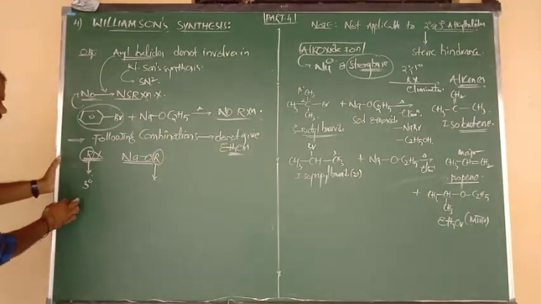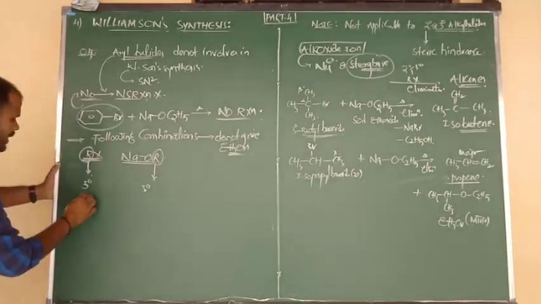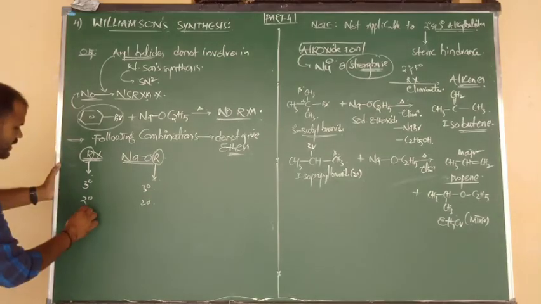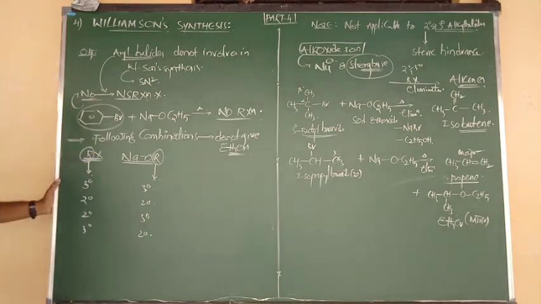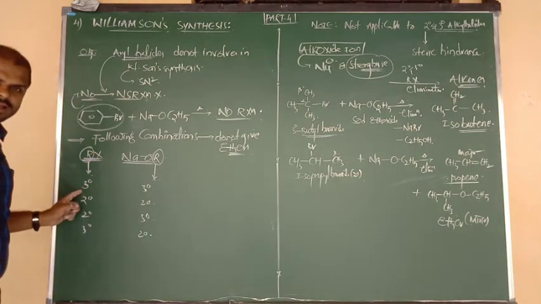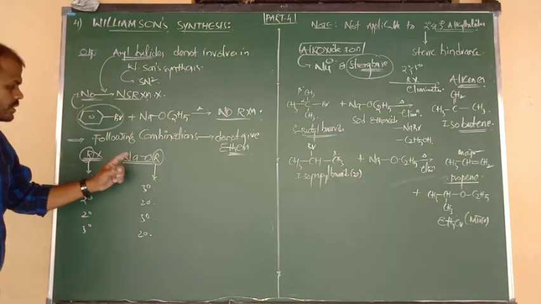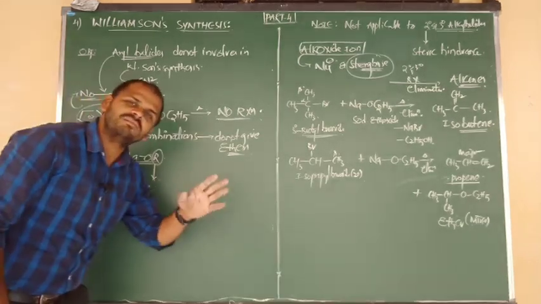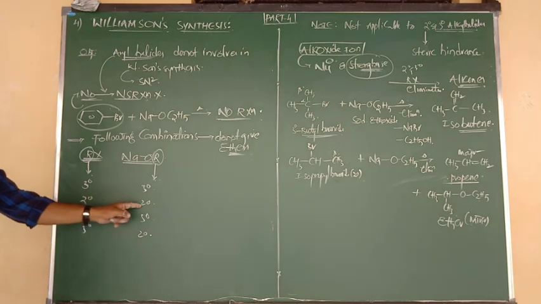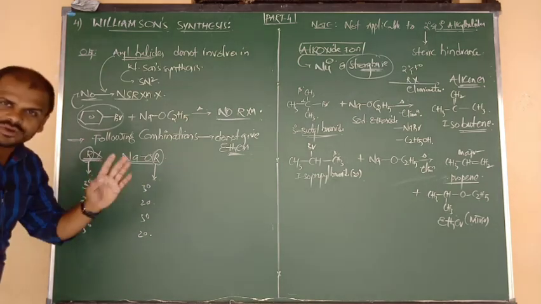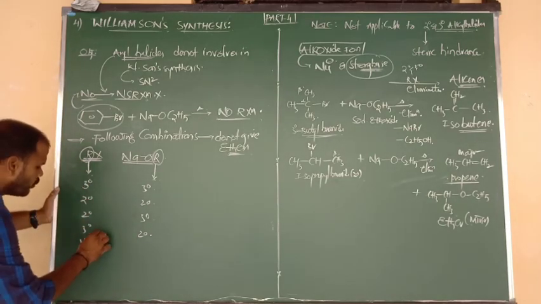First suppose a tertiary alkyl halide with sodium tertiary alkoxide, and here secondary, here also secondary, next one secondary, again tertiary. Means in place of R we have to consider a tertiary alkyl group. So a tertiary alkyl halide on reaction with sodium tertiary alkoxide does not form the product. Like that you have to think. And a secondary alkyl halide on reaction with sodium secondary alkoxide also does not form the ether.